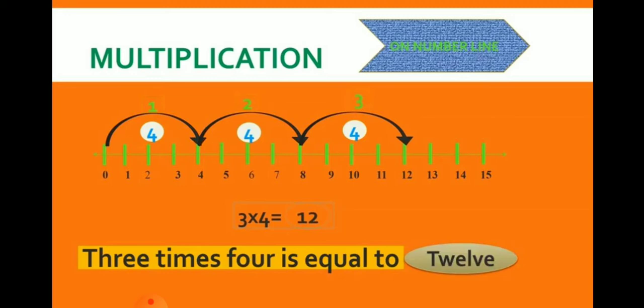Similarly, let us take another example. When we multiply 3 and 4, it means 3 jumps of 4. That means 3 times of 4. So here we are starting from 0 and we are moving 3 times, giving a gap of 4 each. And as you all know, if we multiply in simple form, then also we get our answer 12 and with the help of number line you can see at the last we have moved to the number 12.